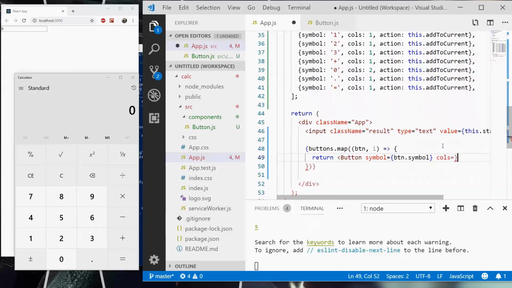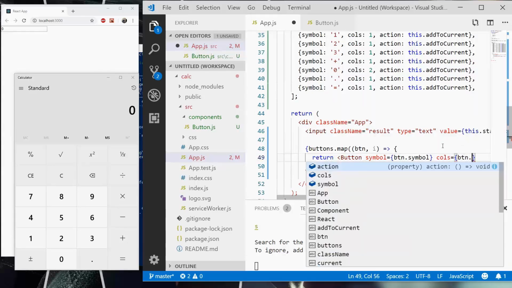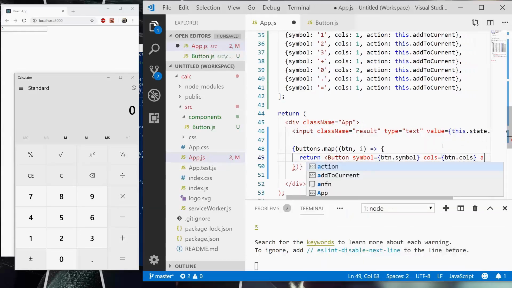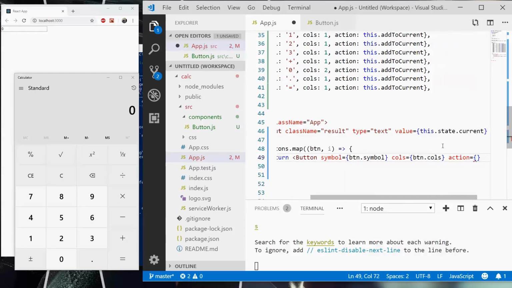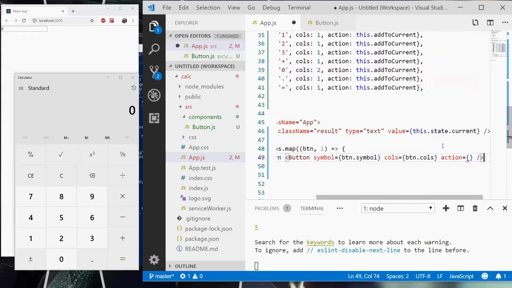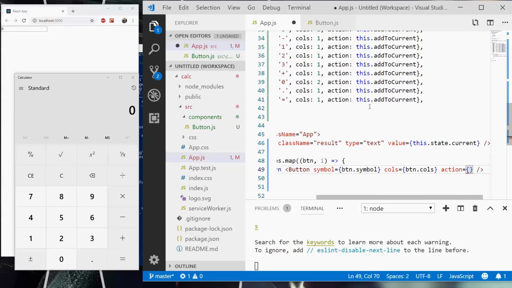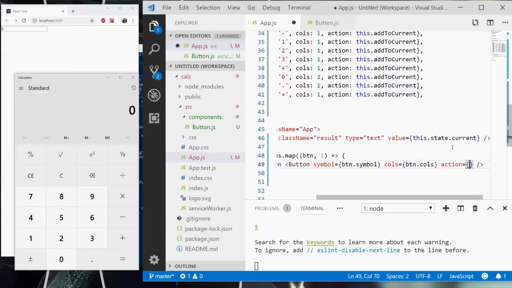Calls is going to be equal to button.calls, and then action. So here's the tricky part. I'm just going to leave that for a second. I'm going to close the button component. What we need to do is receive a symbol to then pass to add to current. So we're going to open up parenthesis, and we're going to say